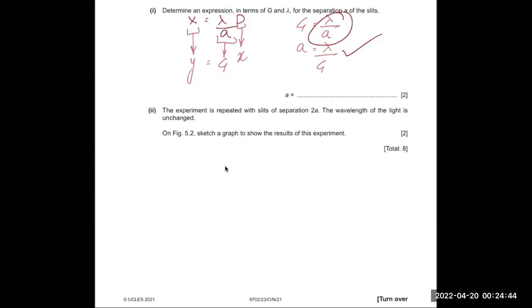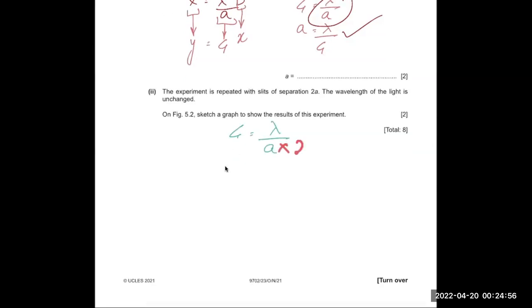Now, a here is part of the gradient. Gradient is lambda over a. If I double a, can someone tell me what happens to the gradient? It halves perfectly. If you double a,